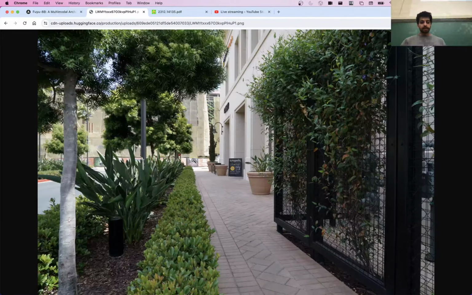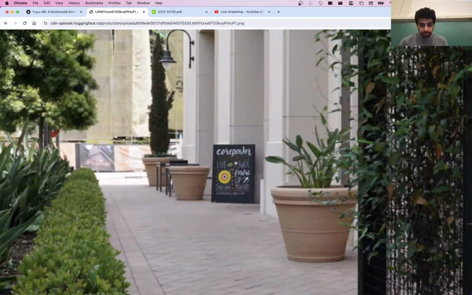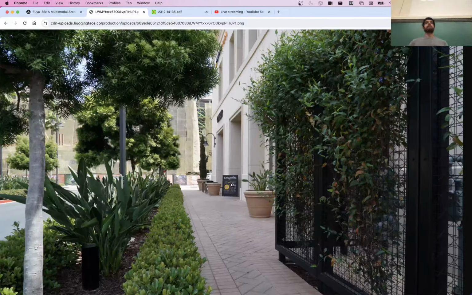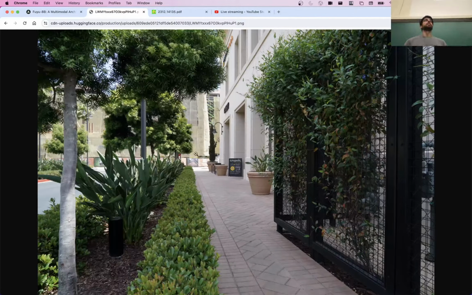Here is an example where the author of this post asked what is written on the sign in this photo, right? So the sign is over here. It says something like core power yoga, live power upstairs. But obviously it's kind of hard for us to read it, and it's a very small part of this image.